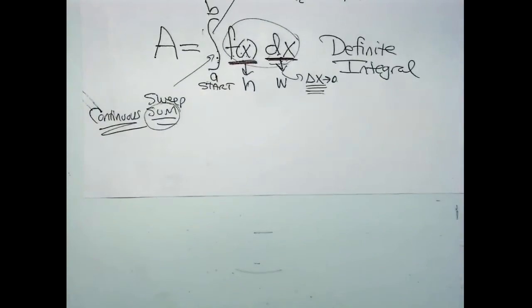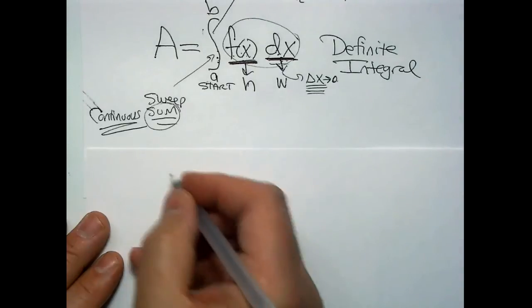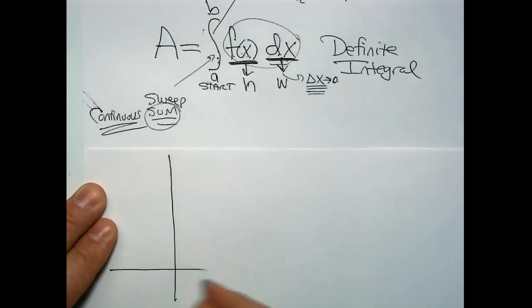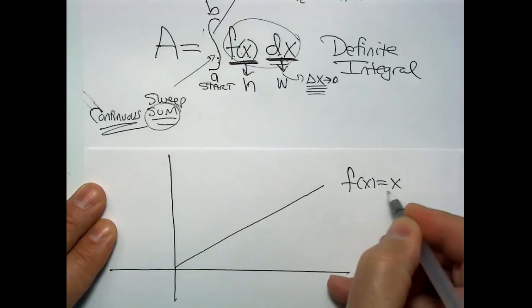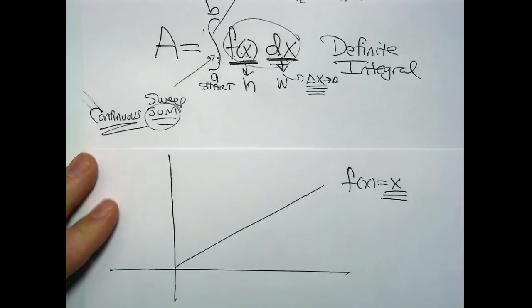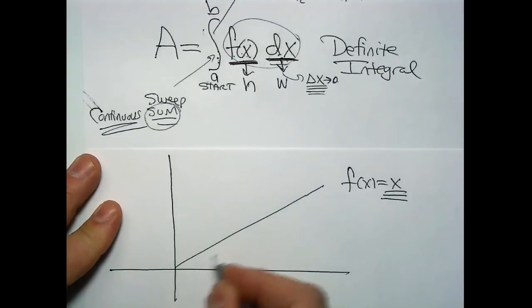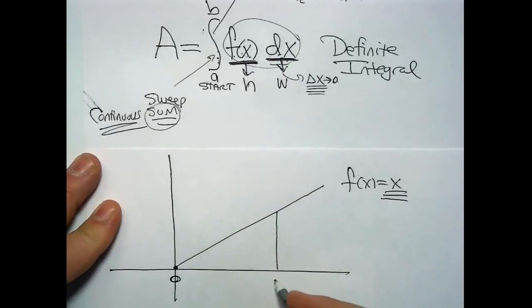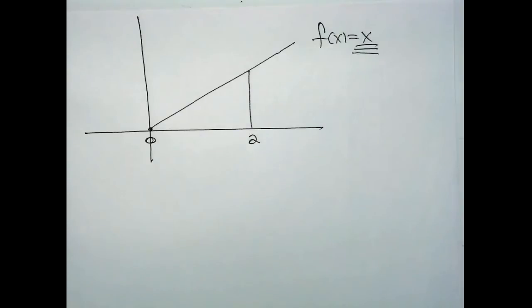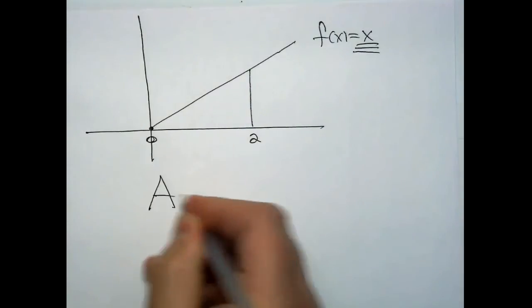Now, without actually doing the calculus behind a definite integral, I think we can look at a few examples to come up with the result of area. The first one I'm going to do is very simple. I'm going to just do f of x equals x. Now, if I want the area from, let's say, 0 to 2. And we're not going to do this with the limit method anymore. We're going to say that the area equals